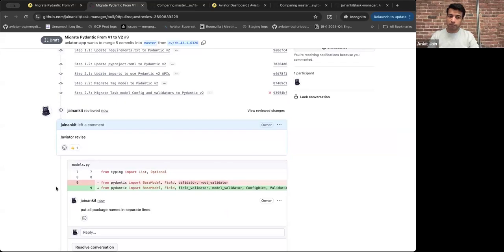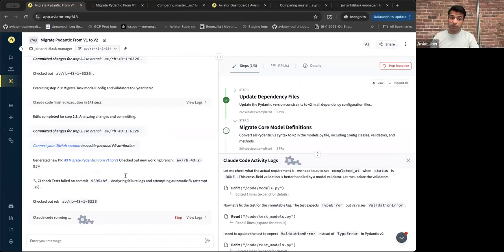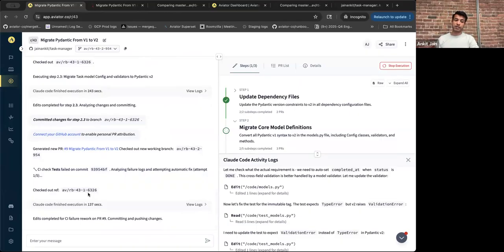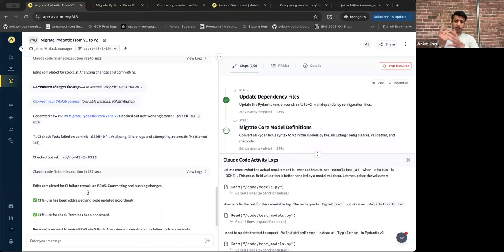As soon as you post these comments, you can see there was an emoji, which means this has registered that there was review feedback. Now, one of the things is right now it's running this operation of verifying the CI. So it's going to try to finish the CI verification before it starts picking up the review feedback. It just queues it up,